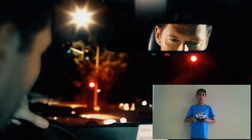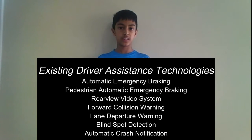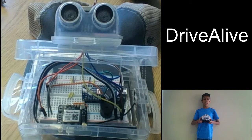Each year, many people die in car crashes. Distracted driving, a problem that's been around for a long time, is the third biggest cause of motor vehicle accidents. Although various driver assistance technologies exist, almost none of them directly address distracted driving. I've created an inexpensive distracted driving monitor that alerts drivers when they are distracted and can be clipped to a